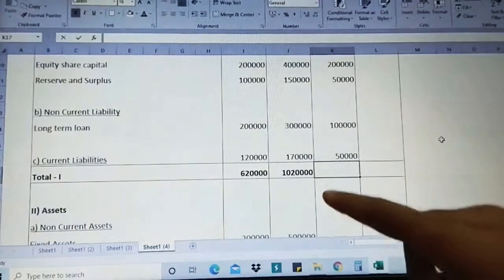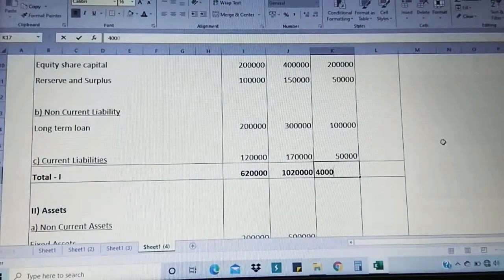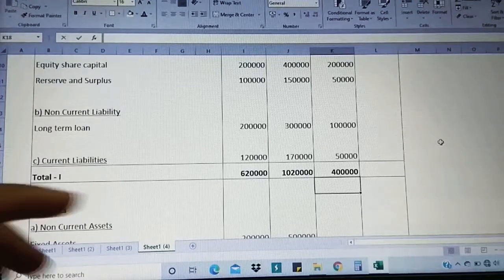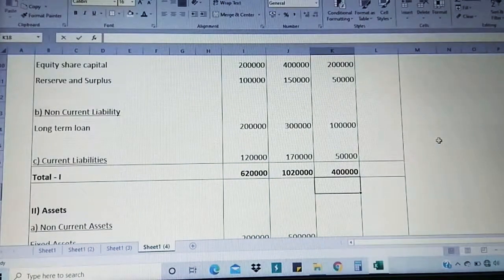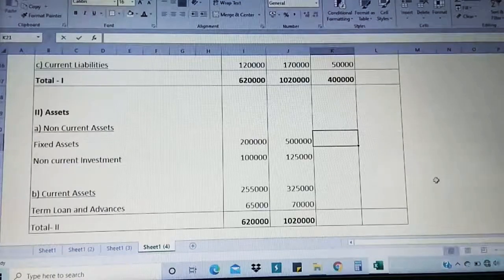Now from 10 lakh 20,000, if you minus 6 lakh 20,000, we get 4 lakh as the balance. You have to take the calculator and try doing it. I could also apply the formula here, but I don't want to do that. It's very simple, students. If you know the format, the comparative calculations which I did in the case of the income statement are going to be the same in the case of the balance sheet. There are no changes for comparative, only the format will differ: that is the income statement, this is the balance sheet.